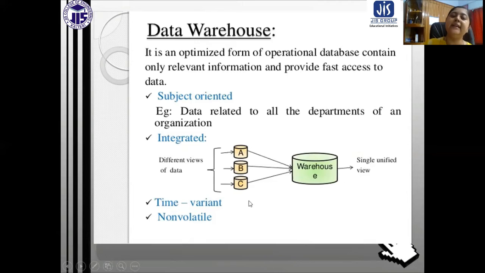Now the next thing is time variant. It is also a very important thing for a data warehouse. What do you mean by time variant? Suppose in a DBMS, normally we say that if the value of A is equal to 100, it should always be equal to 100 for that particular database. But it is not true for a data warehouse. It may be that for a time A is equal to 100.